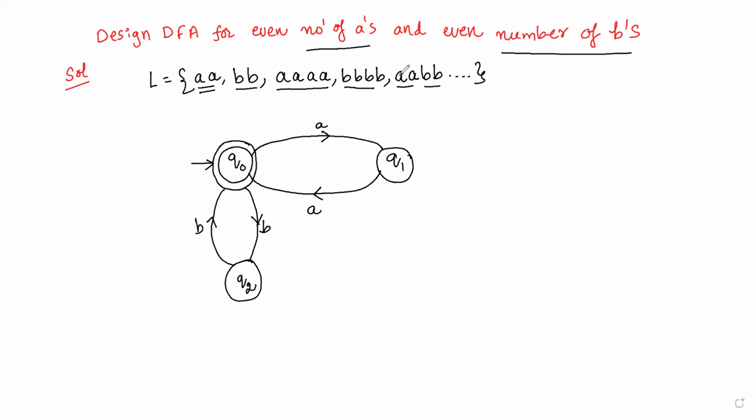Now, if my input is A, B, B, yes, it is also accepted. Now, we can also have something like A, B, then A, B. This is also accepted because the number of A's is even and the number of B's is even in this case. Let us say A here, then what about B? So we can say this is B. Then A is there, A comes here, B is there. Then we are going to have,